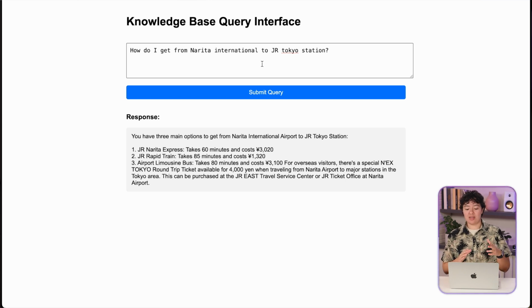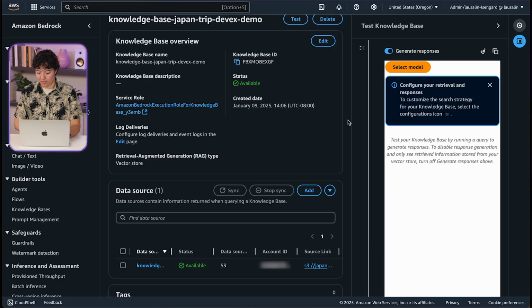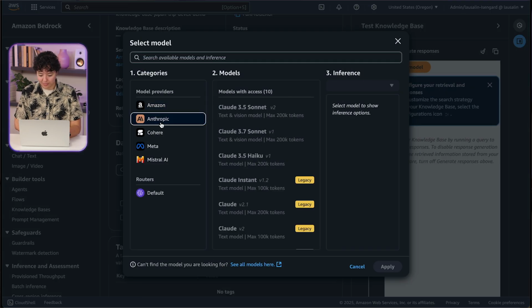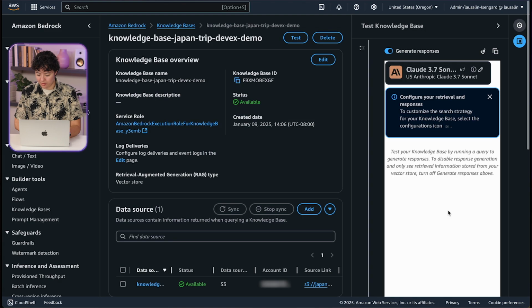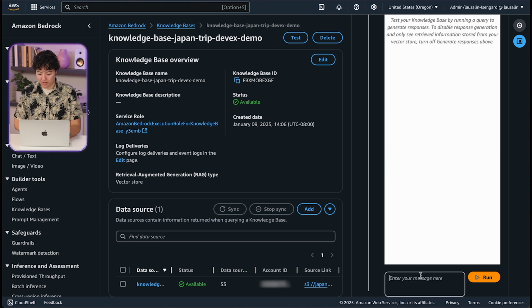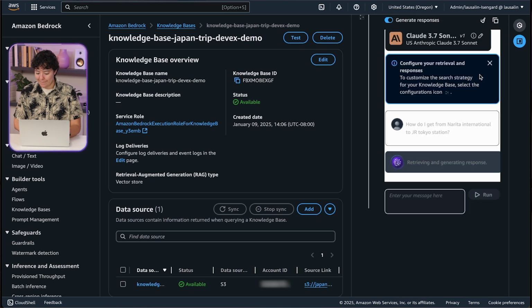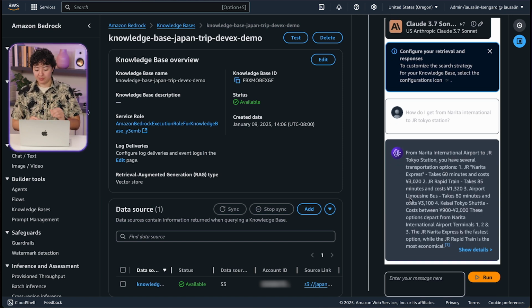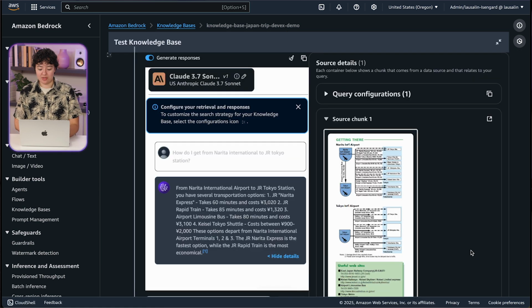And I know what you might be thinking, this is cool, but how do we know it's actually using those images that I uploaded earlier? So we can actually go back to the console here real quick. And when I make a query, so we'll do that same query that we did from the front end over here. And once that's done generating, there's actually a way to validate the responses, whether you're in the CLI or on the console. So in the console here, once the response has been generated, I click the Show Details hyperlink, and